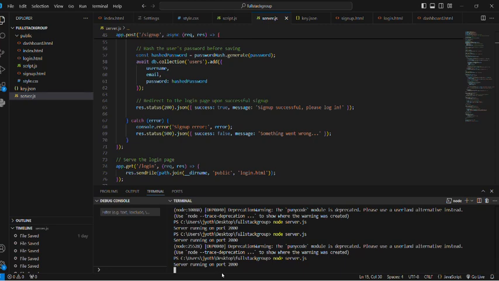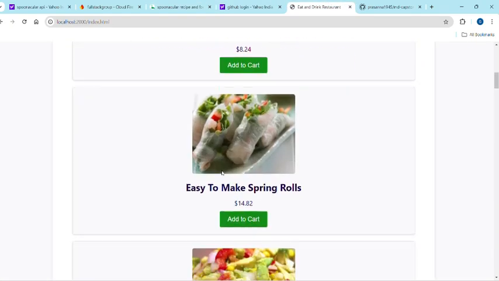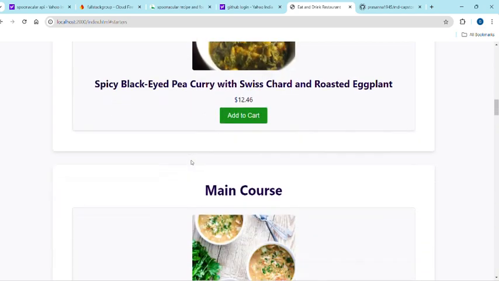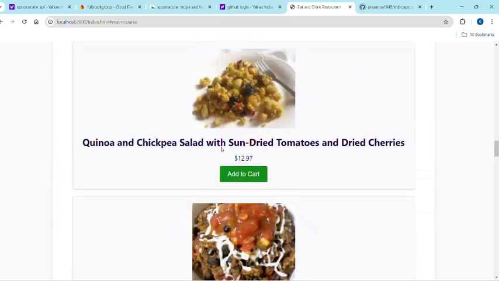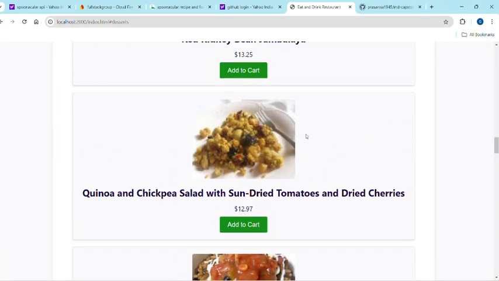Now I'm going to display the output of our restaurant website. This is the home page of the restaurant website. We can log in and sign up into our restaurant website. Before logging in and signing up, I am going to visit the items that we have in our restaurant website. First, I am going to introduce the starters. There is a vast variety of starters, including main course as well as the desserts and the cold drinks.